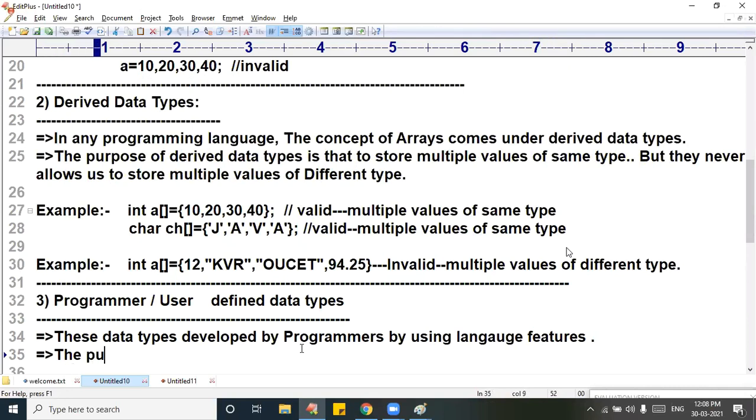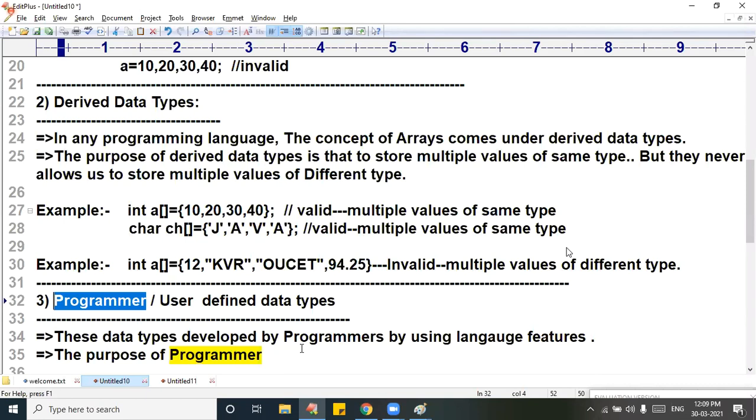Now I will elaborate the purpose of programmer defined data type. I hope you understand the difference between user and programmer. A user means someone who doesn't know anything about computer science or programming. A user is a person who starts working on the project you developed. But who will develop the data types on your own, programmer or user? Programmer. That's why they are named